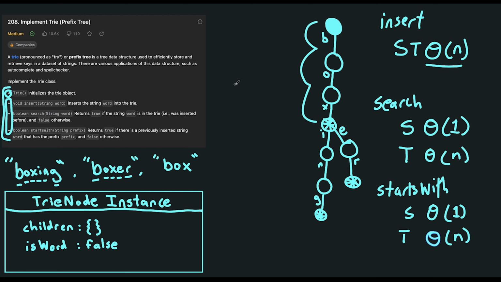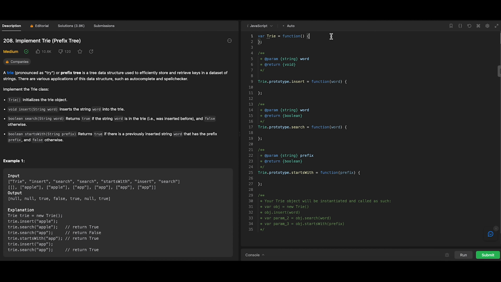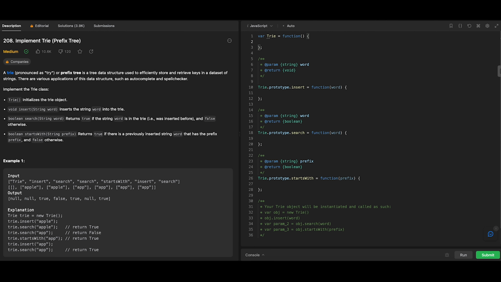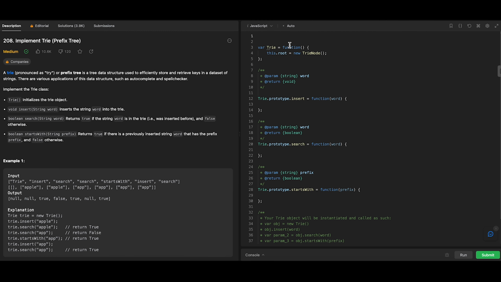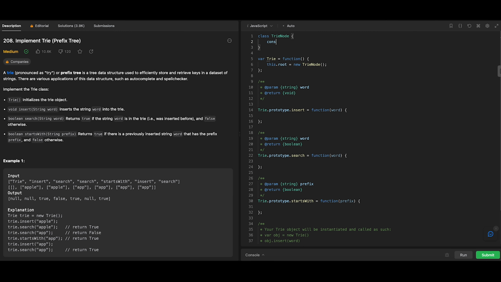Okay, so those are the 4 implementations inside the try class. Now let's hop into the code editor and code them out in JavaScript and Python. What we want to do first is initialize the try object. We can do that by setting this.root equal to a new try node, right? Because every tree starts off as a single node. And then what we want to do is actually create this try node class. So class TryNode, and then in our constructor function,